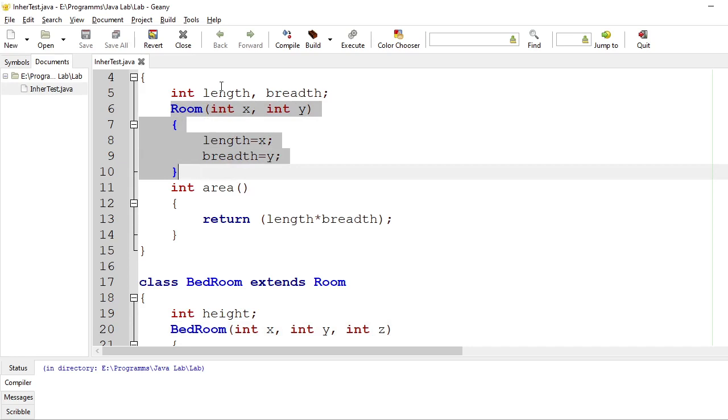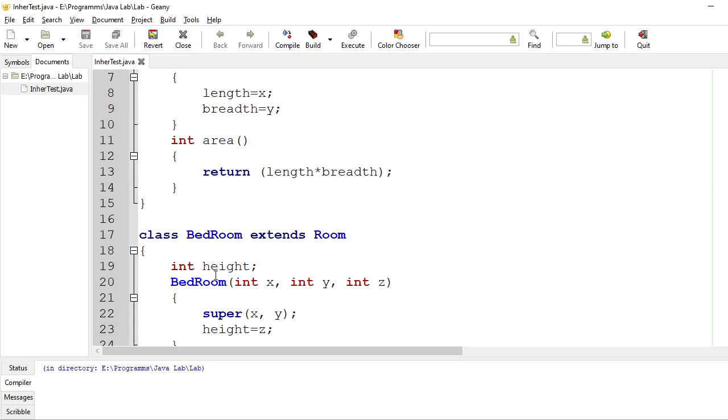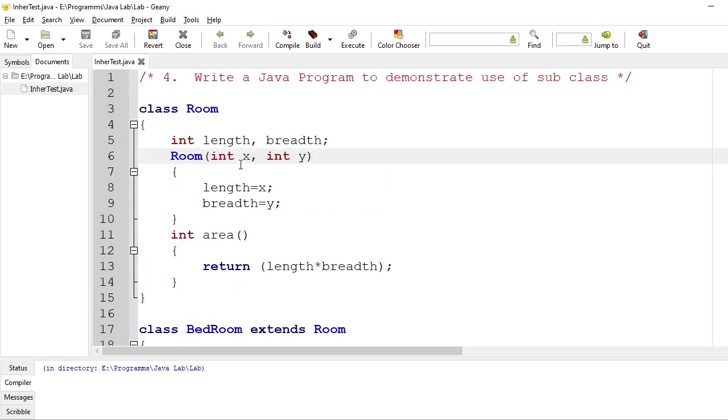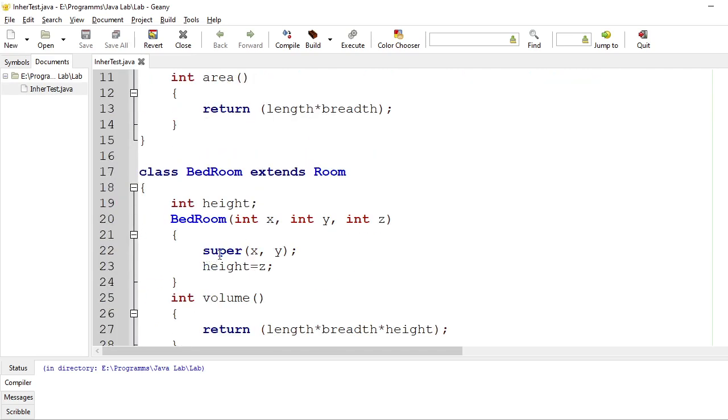There is only a parameterized constructor called room. This room will accept 2 parameters, x and y. So it is the job of the derived class to pass these 2 parameters x and y to the base class room. It is done by this constructor bedroom.